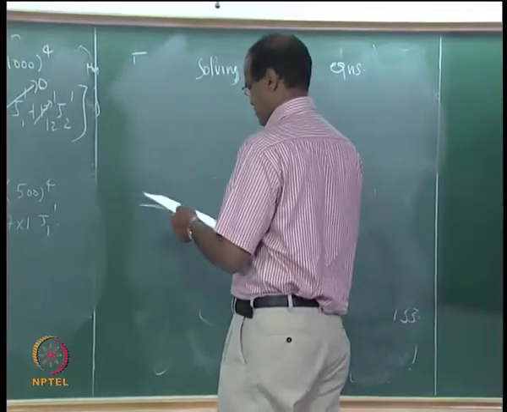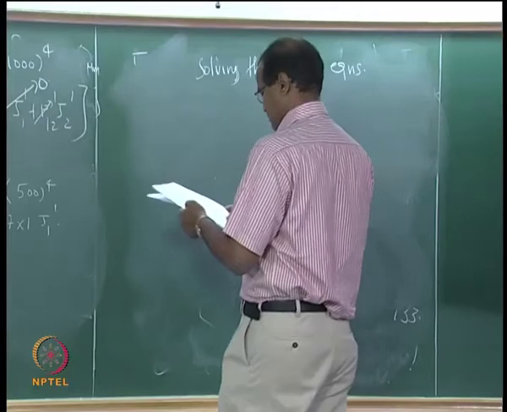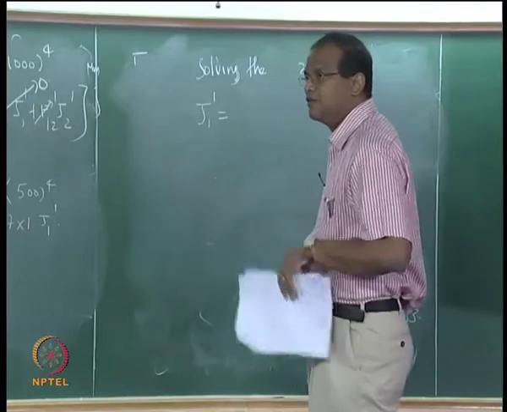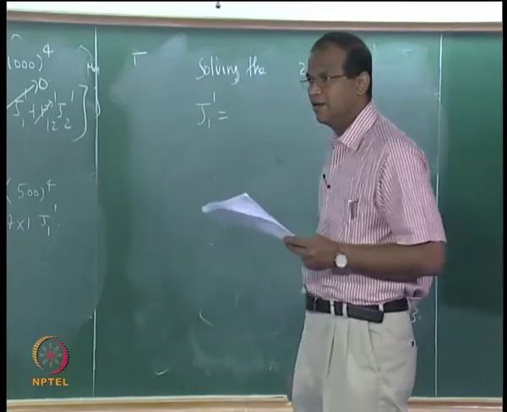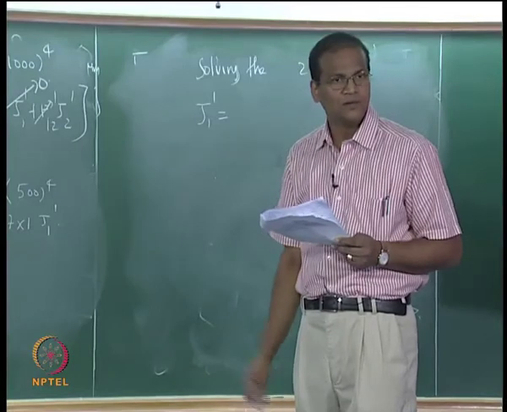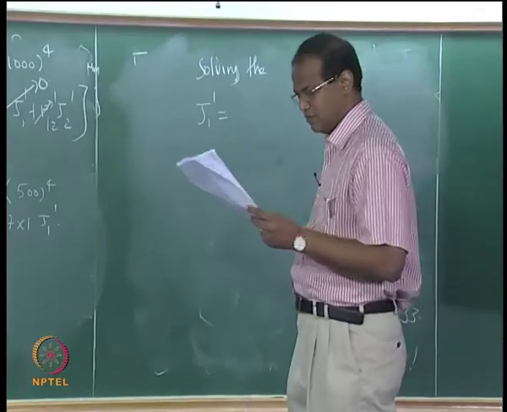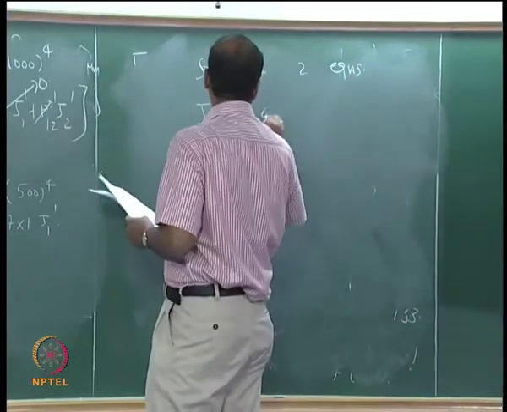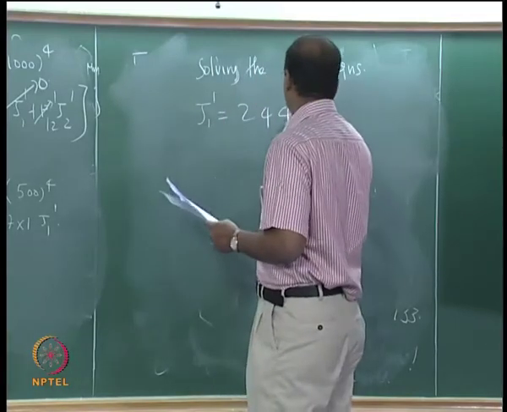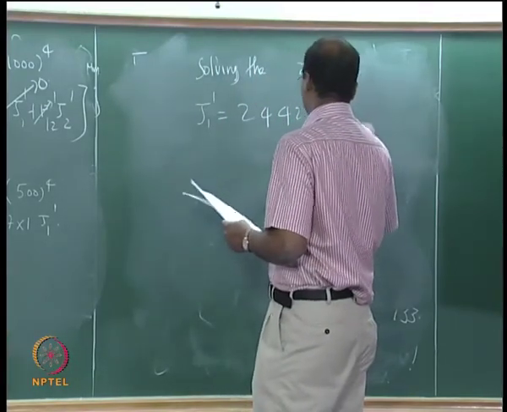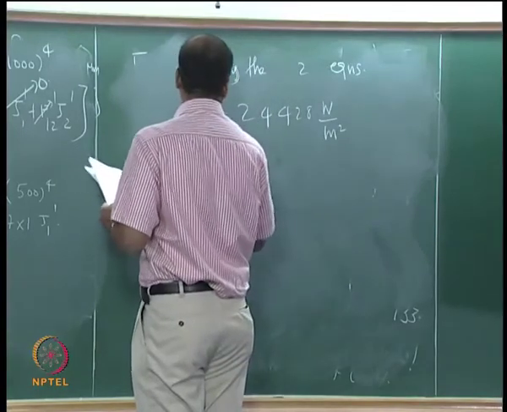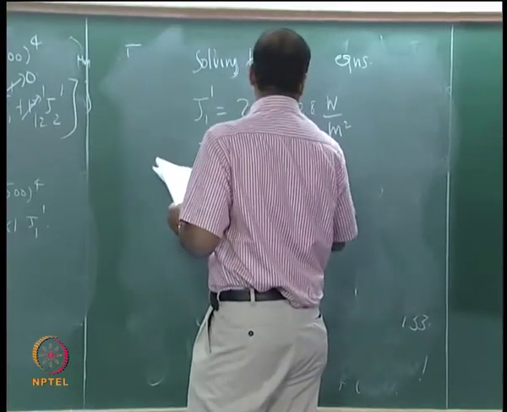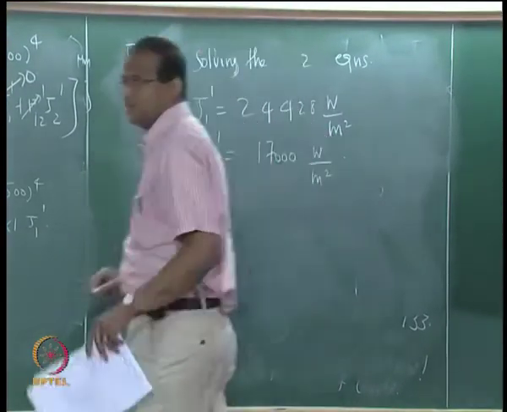Solving the two equations. Any problem with that? 24,000. Abhishek, did you get it? Ramanujam, you got it? 24,000? 428. 24,428 watts per meter square. J2 dash, J21, 17,000. Yes,